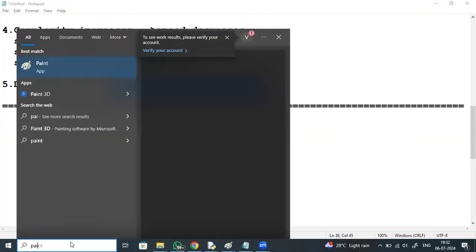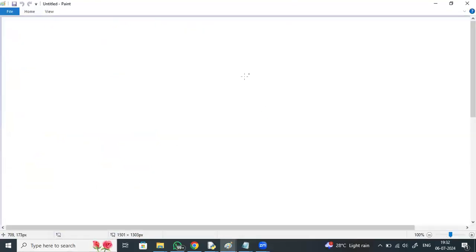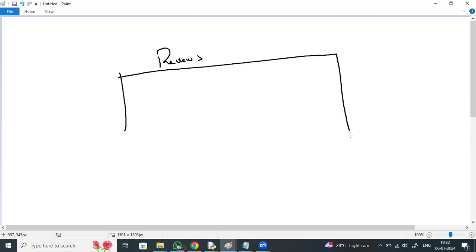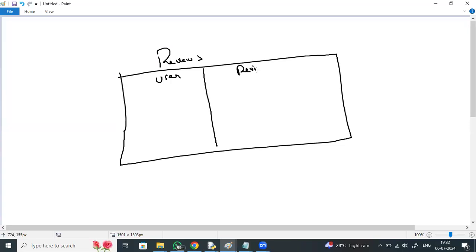Observe this. If you want to take reviews for a particular movie, for example, reviews, user and review. User 1, user 2, user 3. In this way, 100 users giving the feedback.